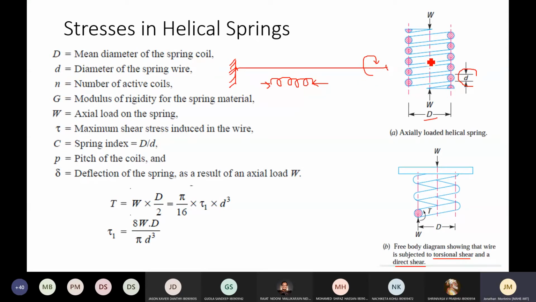Okay. In addition to that, there is always a concept of direct shear. So a tendency of this load is to shear off the spring, and that is exactly how springs fail. Okay. Under very high load or shock loads, what happens? If there is a minute crack, it will gradually propagate and shear off the material itself. So that is how the direct shear works.